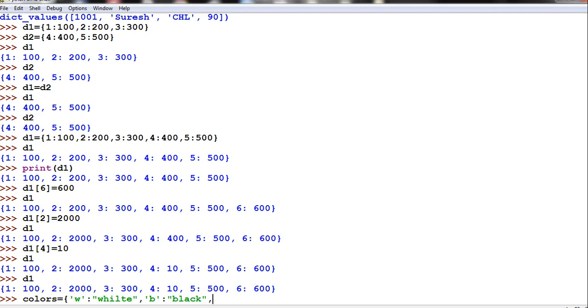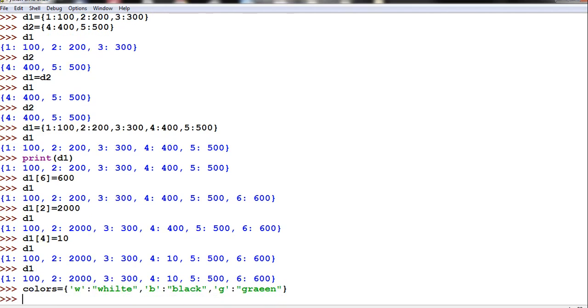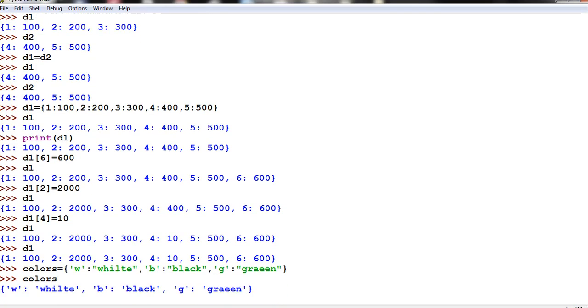Then G means I will give it as green. Okay, now let me print my dictionary colors. Right, it is printing now.